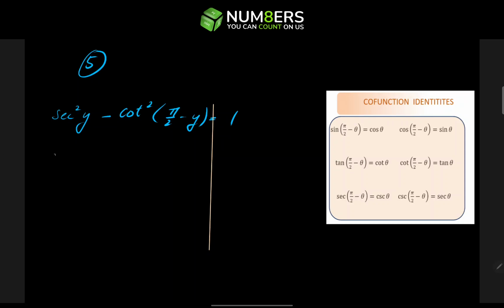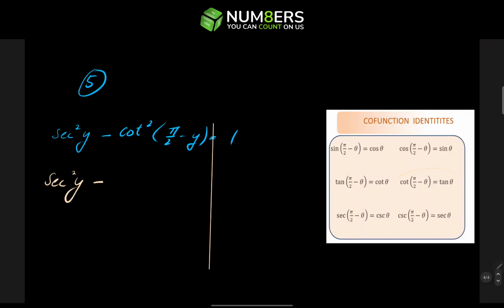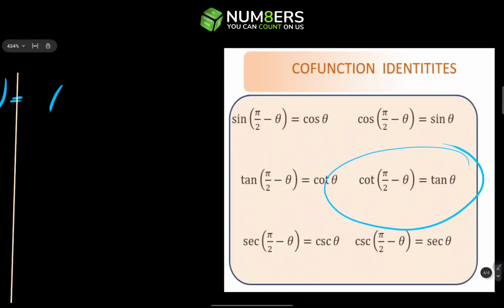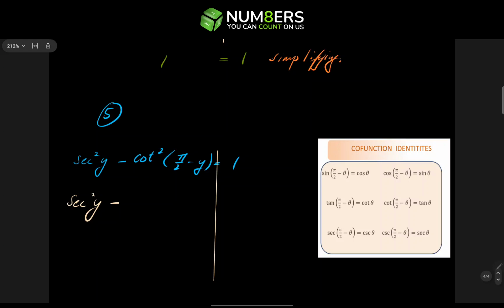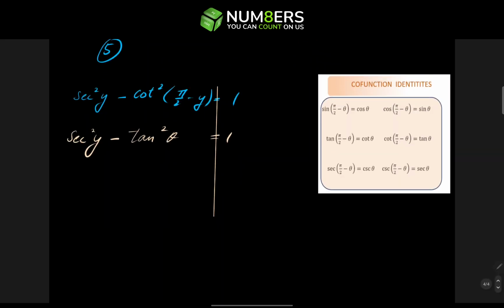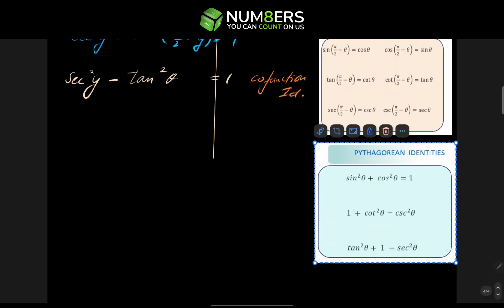And we start by writing secant squared y minus cotan of pi over 2 minus y is equal to tan of y. If you notice this one right here, cotan of pi over 2 minus theta is equal to tan of theta. So for this one, instead of cotan squared, we're going to write tan squared of theta equals 1. What we did here was we used the cofunction identity. Now for the next step, we're going to use the Pythagorean identity because we can switch